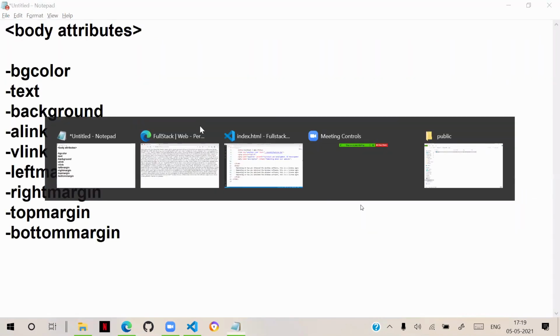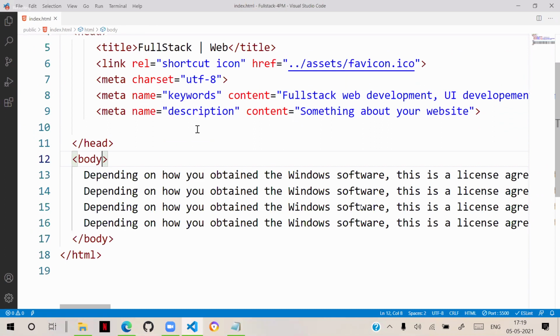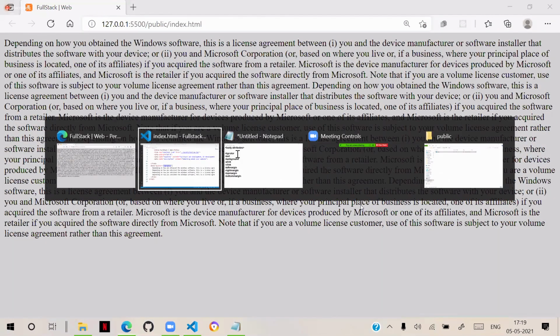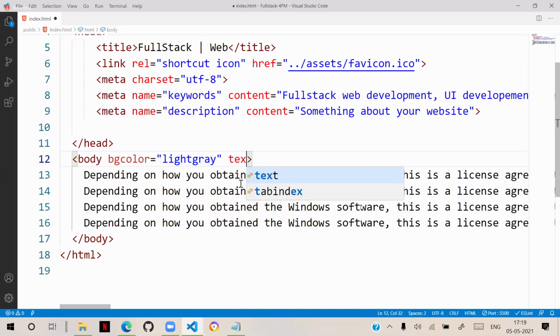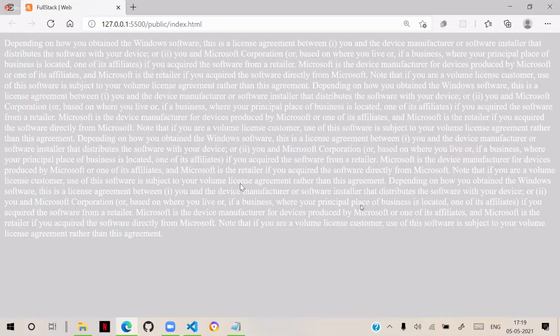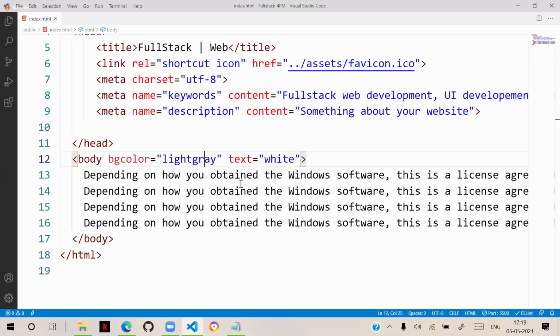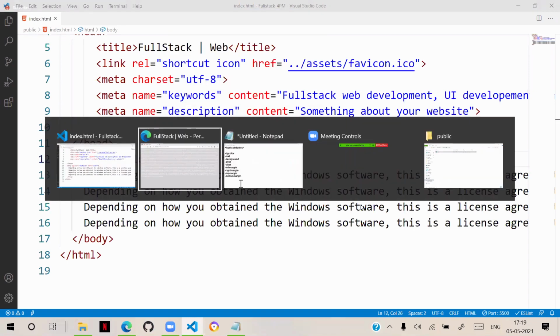Suppose the background bgcolor is light gray. It will give you light gray. And here I will give text equal to white. Text is white. We put some dark cyan. Okay, that will be like this.